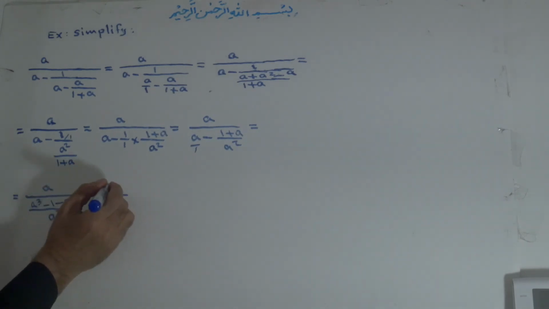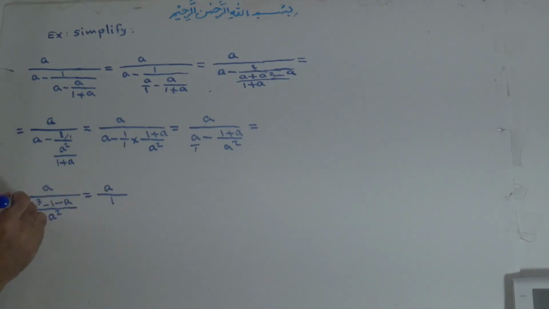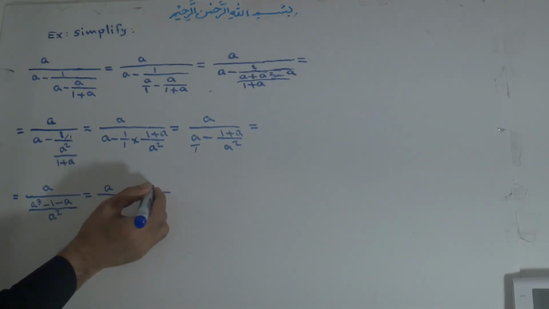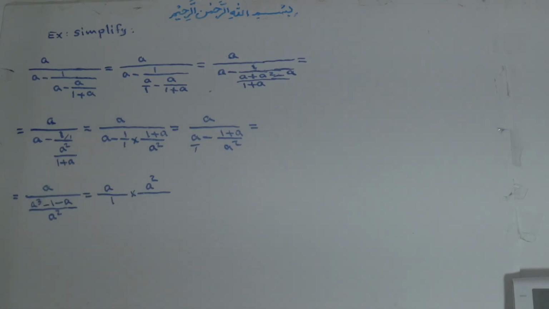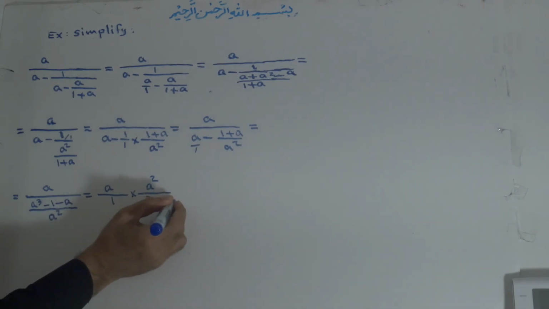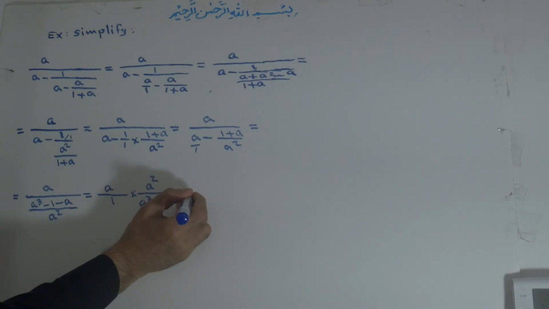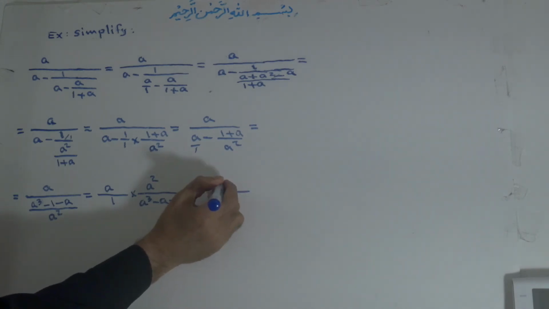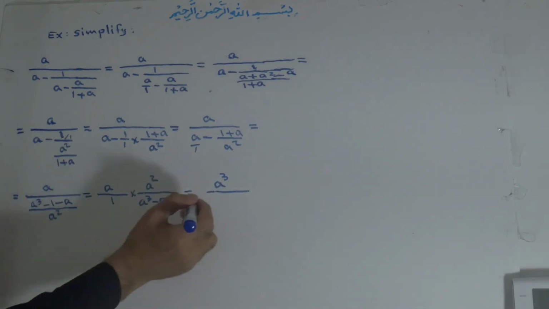the numerator of a is 1, a over 1. This is divided by this one, but it changes to multiplication, equal to a to the power of 2 over, now we organize this one in decreasing powers, like a to the power of 3 minus a minus 1, and this one is equal to a times a to the power of 2, which is a to the power of 3, over 1 times this one, which becomes a to the power of 3